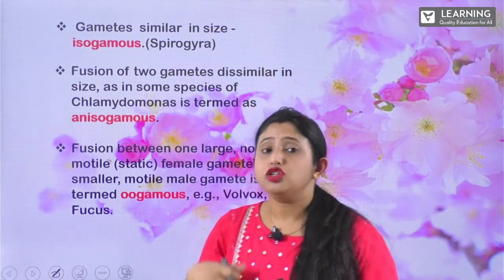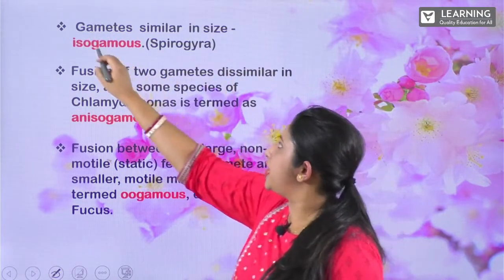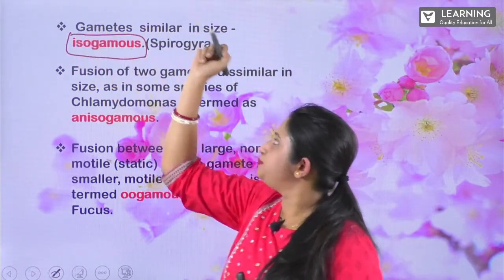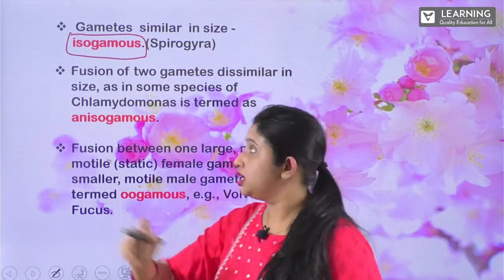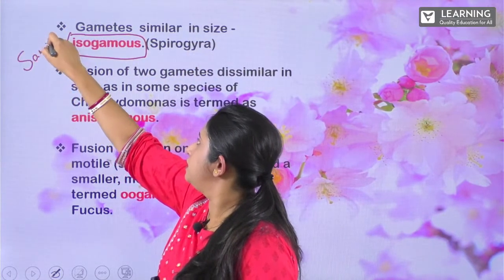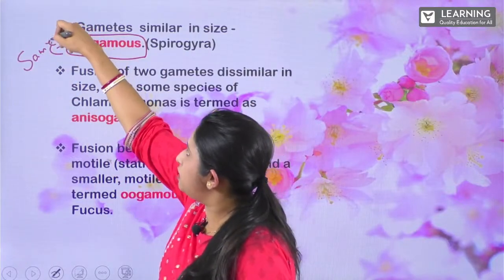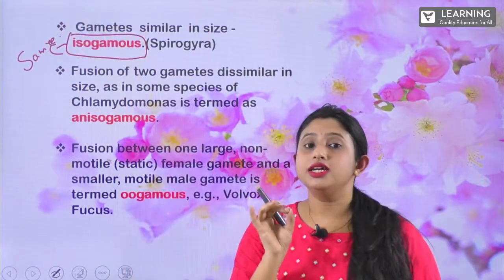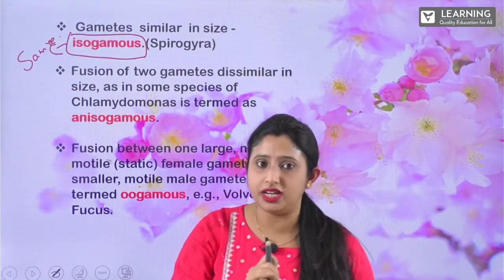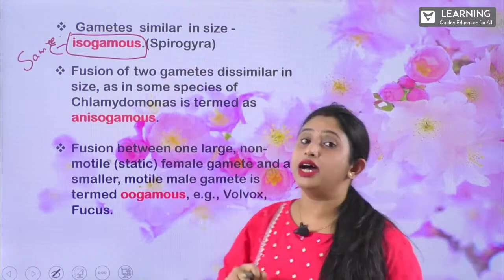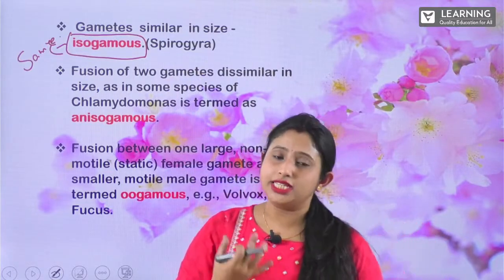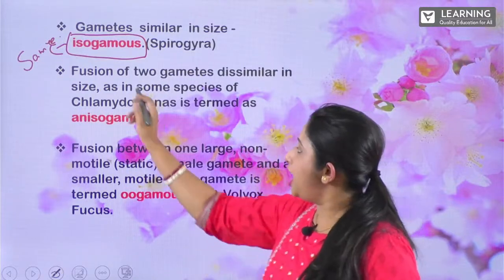So let us see. The gametes which are similar in size are known as isogamous. Iso means same. So they are similar gametes; they look exactly similar. Isogametes are the gametes that look similar. And what is this